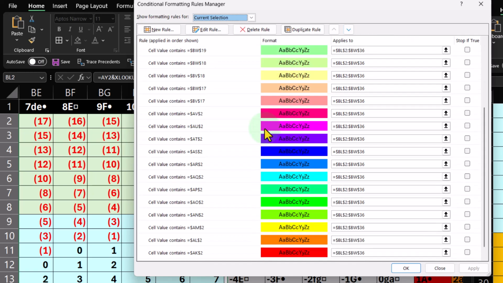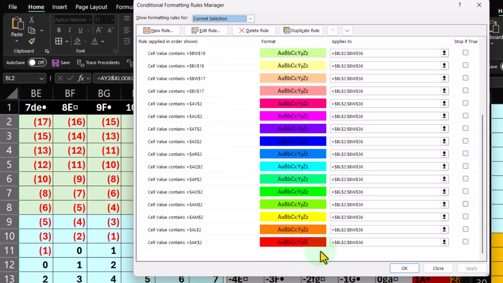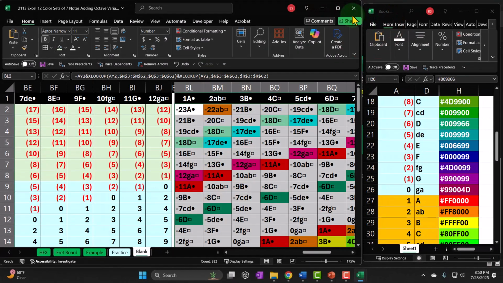Now, you can see the pros and cons of this system. It's cool because you can now map this onto something like your Excel, but it's harder to delete and focus in on just one octave because you have to go in there and delete this. So from a practical standpoint,